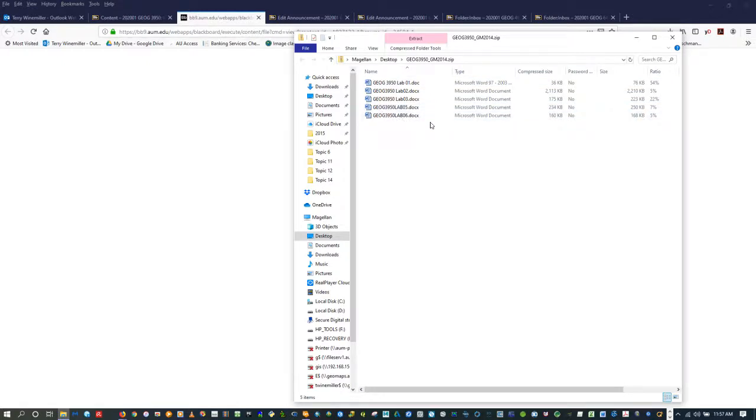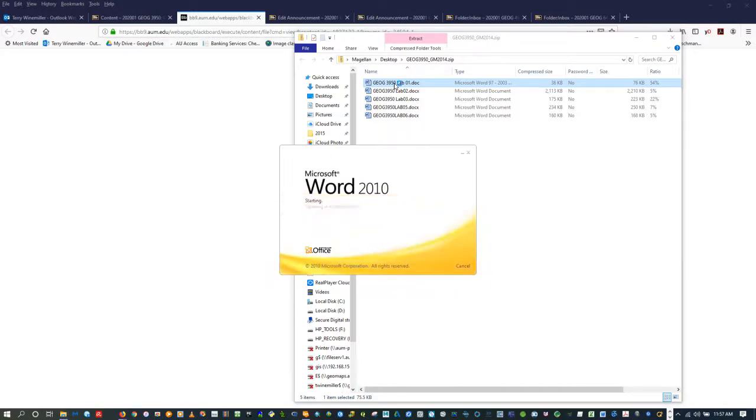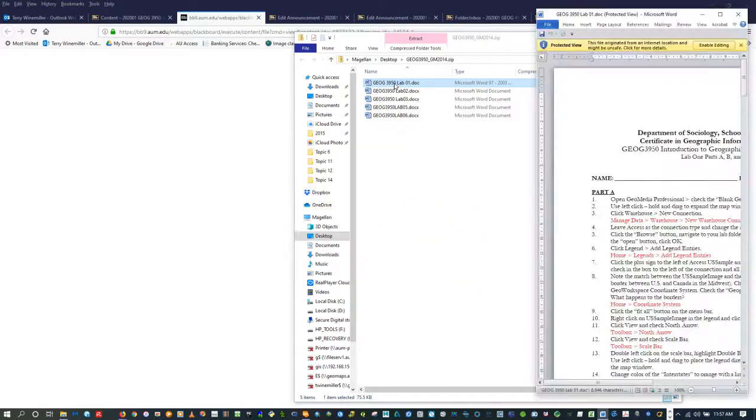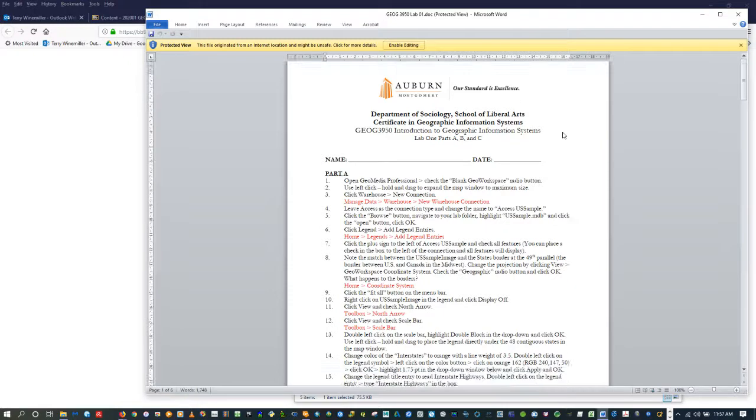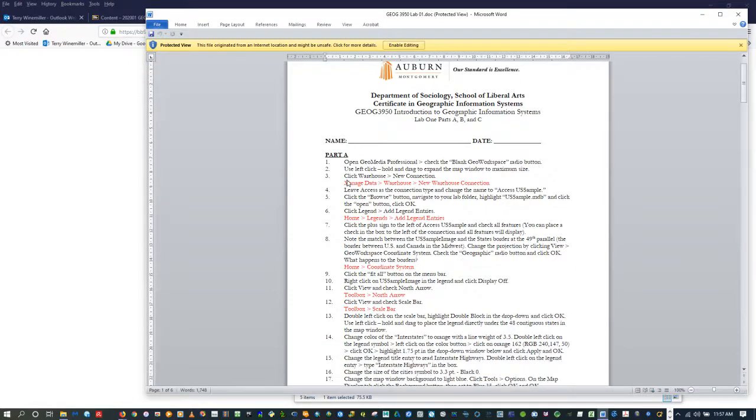The reason there are no more labs is that by the time you get through lab 6, all the differences in look should be taken care of and you should have internalized them. So let's open up lab 1 and take a look at it quick. Okay, so annotations are in red font, and you'll notice here on part A, instruction 3 says click warehouse new